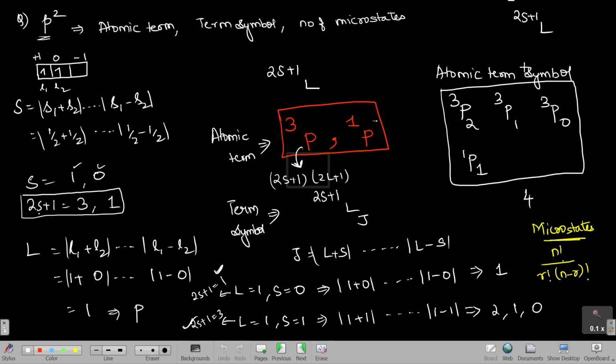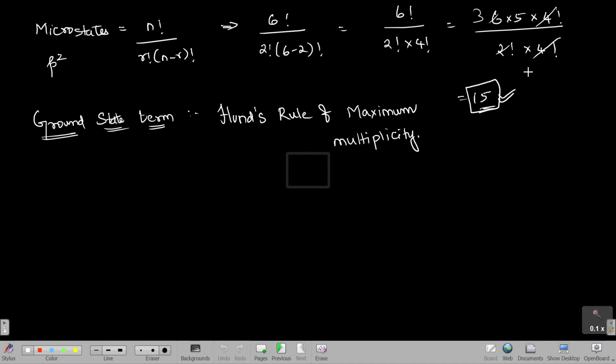That means these are all, as I told you, atomic term symbols, which basically denote the energy levels. So basically there are 4 energy levels in which the electrons can be arranged, but which is the actual ground state, that is the lowest energy level among the 4, that we need to know, okay? For which we apply this rule. The rule is very simple. The first point that